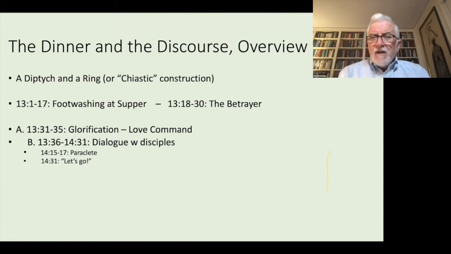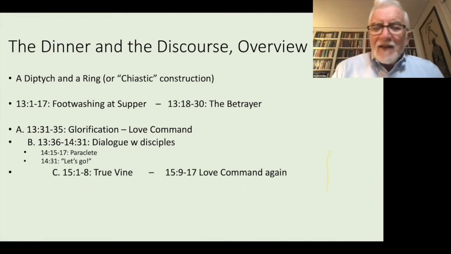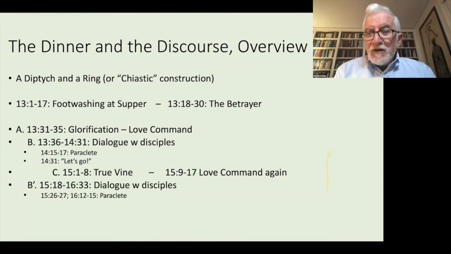That may be so. But in any case, the addition of the material is by someone who has the same theological bent as the person who's put everything else together and is working with the same set of presuppositions, maybe with a little tweaking. So it could be the same person who has decided he needs to balance something that he said before. In any case, what happens is the creation of a nice ring that focuses on an image, a pair of images, or an image and a command: the image of the true vine, and discussion of the love command again. So a diptych right in the center of this ring.